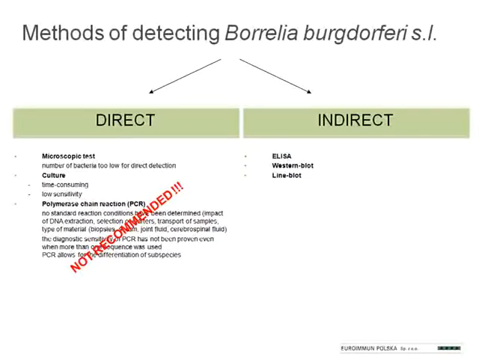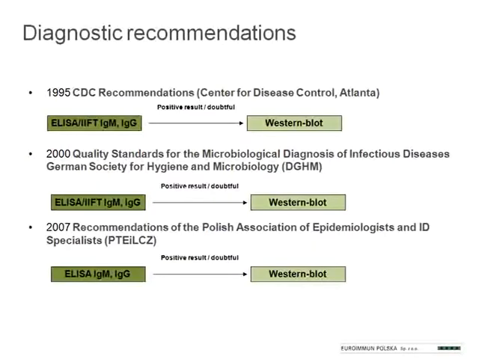So you can imagine that, for example, I'm infected with Borrelia right now, but I have it in my knee, but the laboratory draws my blood and tests it with PCR, so I will receive a so-called false negative result. This is why we recommend to use indirect methods that detect antibodies in our blood. So no matter where the bacteria is situated, the antibodies are detectable in our blood. So we use such methods like the ELISA test, which is a screening test, and a confirmation test, which is the Western blot